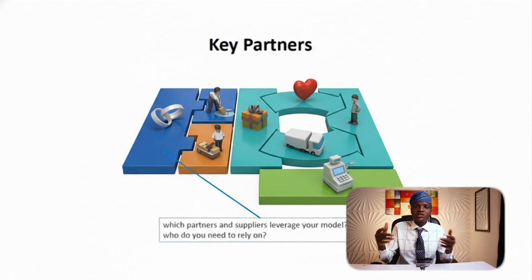Another example is if you do drop shipping. For example, Ajoke Collection, Amoke Collection that is selling clothes on WhatsApp. Part of your key partners are those delivery guys. You need to understand that your dispatch riders are core partners of your business. You need to have one or two or three of them that you are going to partner with. That every time you put a call through to him, that Oga, I need this to be delivered to Ikorodu, the person is coming to pick it up and the service is going to be good.